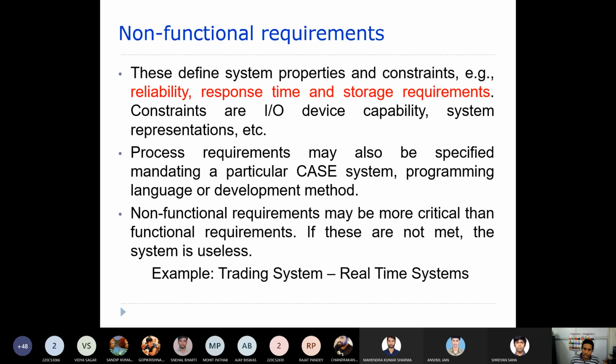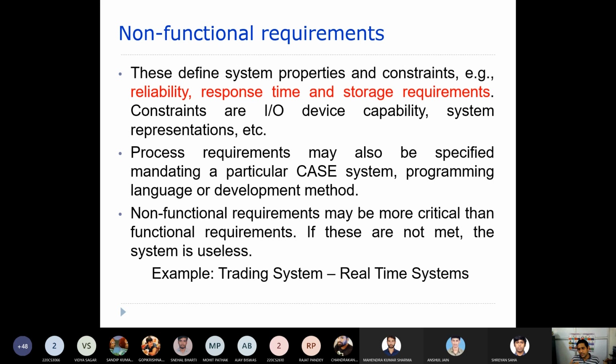So when you are purchasing the share or selling the share, you need to know at every point of time what is the current business, right? There you need to know what is the value of a particular share every second, right? So there the response time of the system should be very fast. Okay.